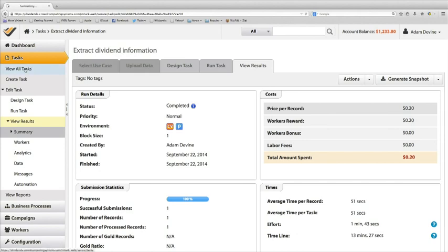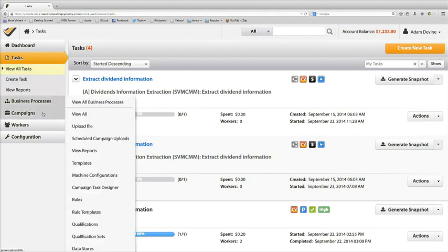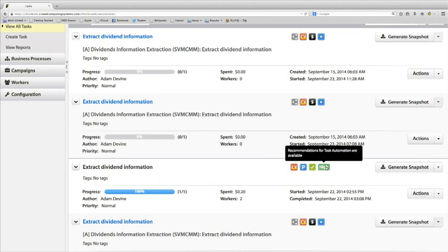I'm going to go back to the home screen and click on View All Tasks. What you're looking at is the central page for our application. On the left are the main controls: how to set up a task, how to view reports, checking on the progress of work, monitoring worker quality and output, and the configuration. As I scroll through all the tasks on the platform, I see this little green button that says Hi. That means Workfusion has been working to automate this particular task and has determined that the platform can successfully automate it. So I click on Hi,